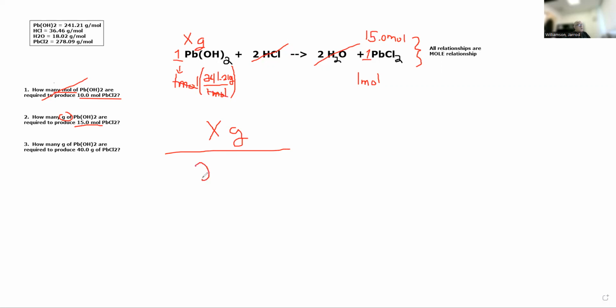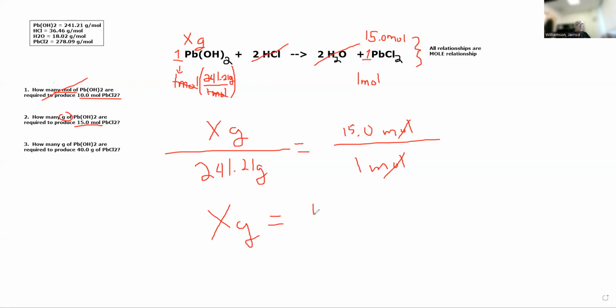I will have 241.21 grams will be equal to 15 moles over 1 mole. Moles cancel out. X grams will be equal to 15 times,